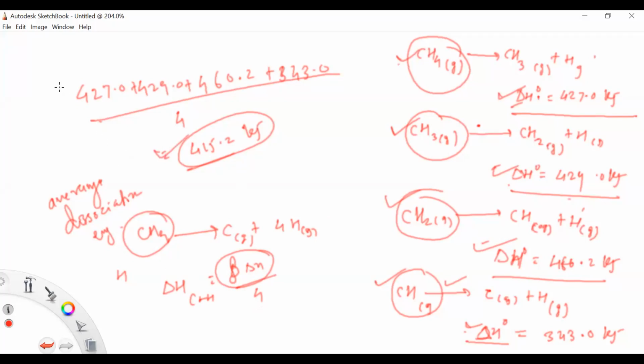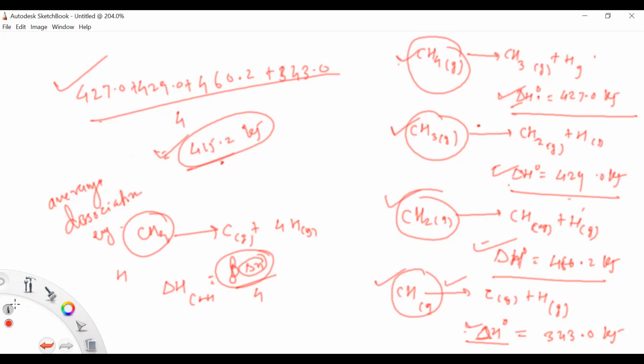Okay, delta of delta H म्हणजे हे. Okay, so delta of delta H means the fractions of the heat change can be collected, or the summation of this one divided by 4 will give the average dissociation energy. Average dissociation energy आपल्याला मिळून जाईल. So the values of the heat of formation for methane, the heat of sublimation of carbon graphite, and the heat of dissociation of H2 molecules are used to calculate the delta CH in methane. आता आपल्याला